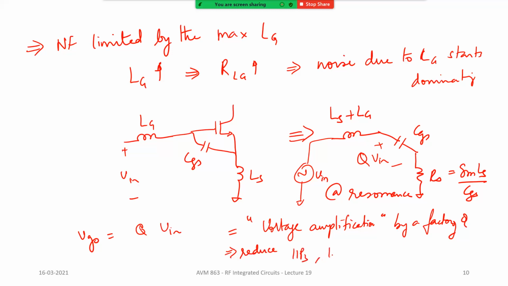Of course, this will reduce your IIP3 or your 1 dB compression point and so on. But what you're getting is additional voltage swing at the input, which obviously is going to be good from a noise perspective, right? Because the input voltage to your transistor itself is amplified. So the signal to noise ratio improves, and that is one of the reasons which contributes to your very good noise figure. Okay. Now let's look at one more aspect. So far we have looked at only the input side, right?